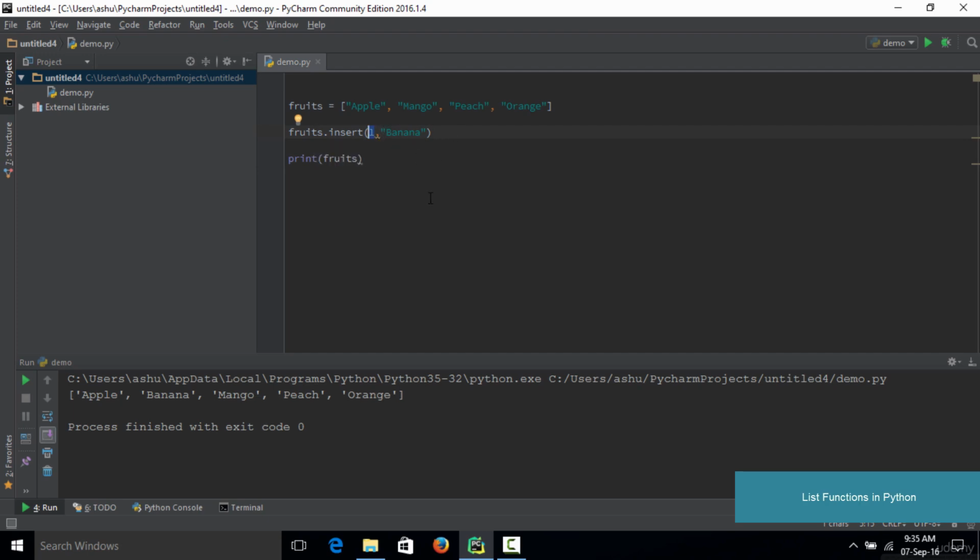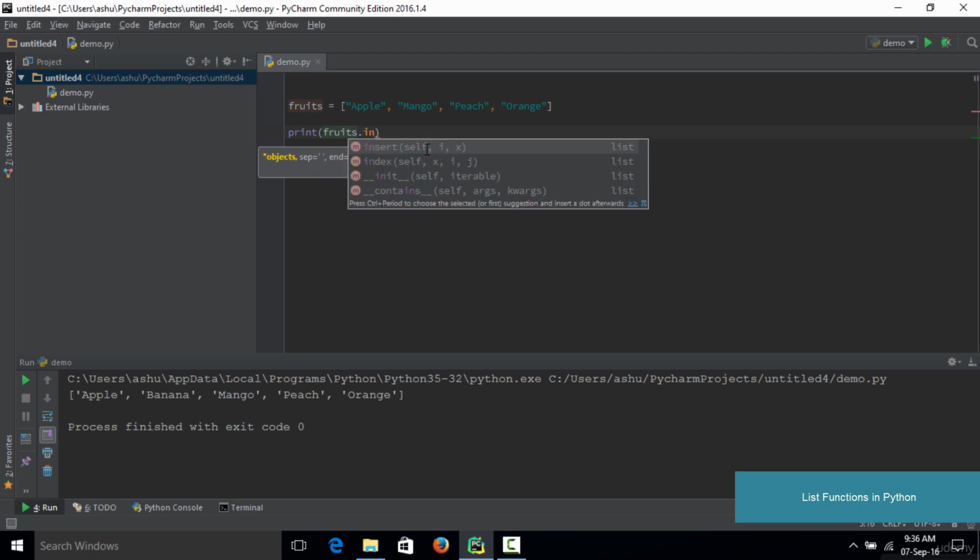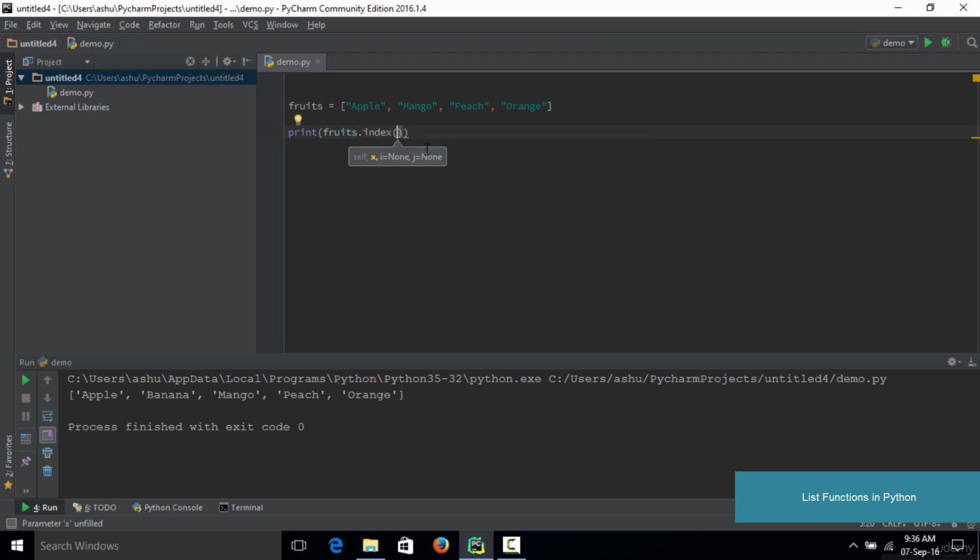Now the next function which we are going to learn here is called the index function. What the index function essentially does is return the index value of a particular item in your list. For example, let's say you want to identify at which position peach is present in your list. For that you could simply type print, and your list name, fruits.index, and inside the index you pass in the item for which you want the index. We want the index of peach here, so I'm going to mention peach here,